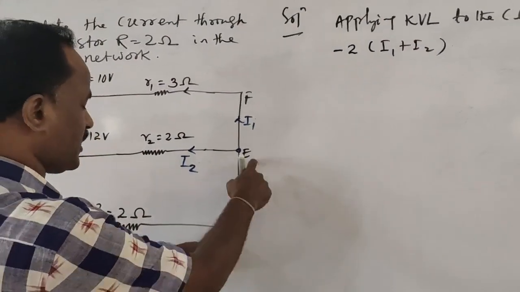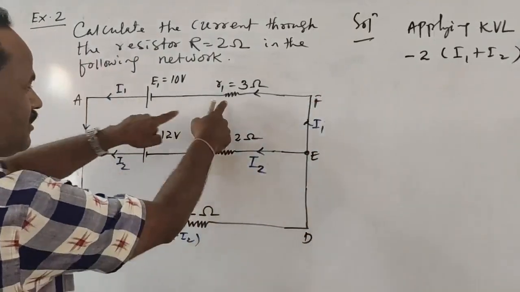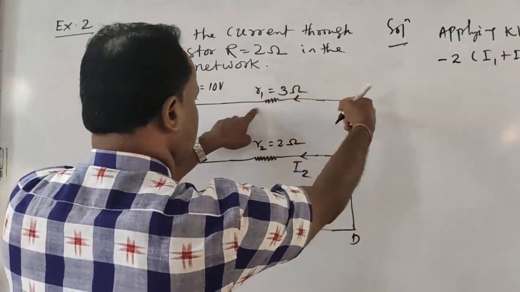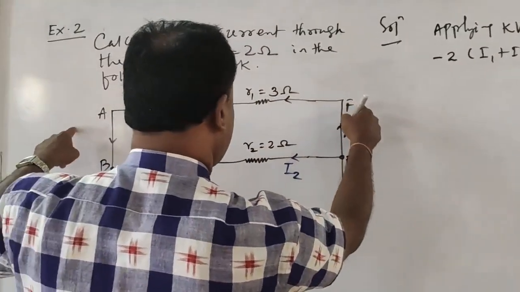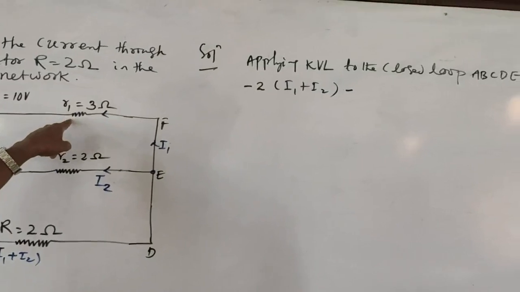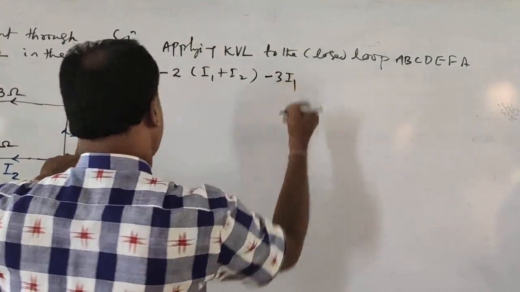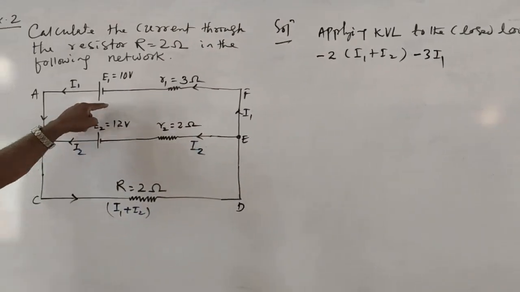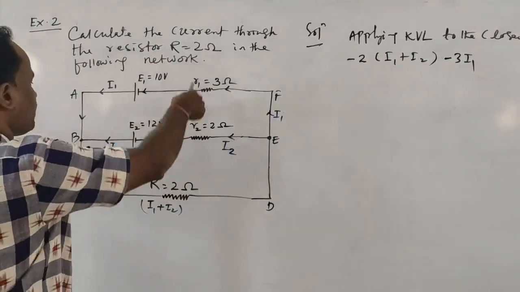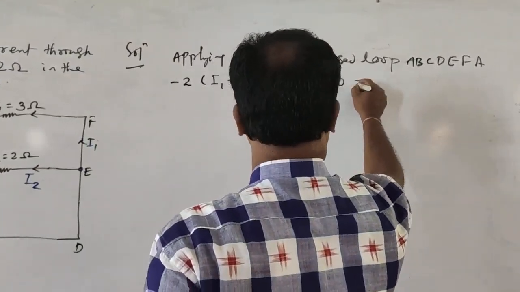Then again from D to E there is no loss or gain of potential. E to F is the same. But from F to A there is a resistor, and the path of motion is along the direction of current. There is also a drop of potential across R1, and that drop of potential is 3 into I1, 3I1. Then across this cell, since we are encountering the negative terminal starting from positive, and the EMF in this closed circuit is taken as positive, so positive 10 volt is equal to 0.